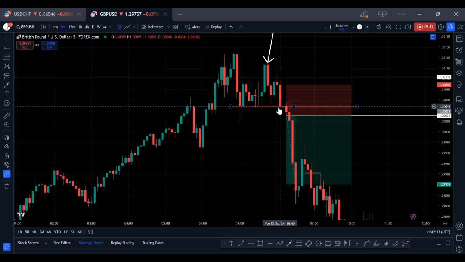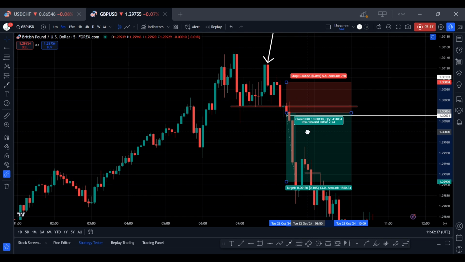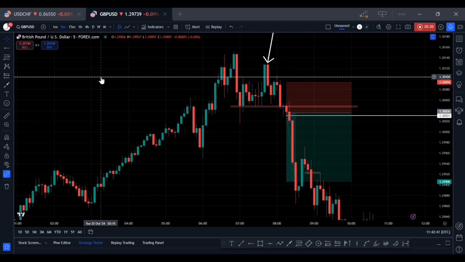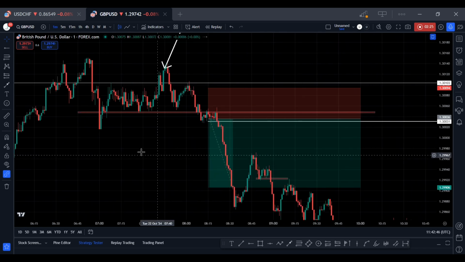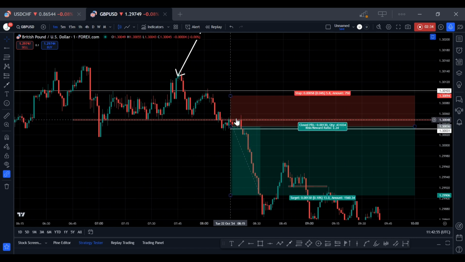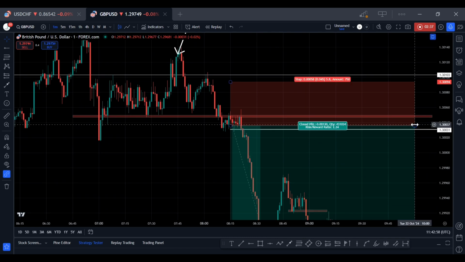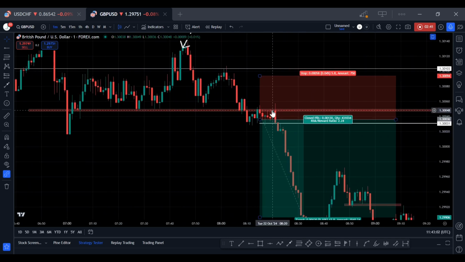I was just waiting for this to break, and when the market broke from here, I didn't enter. I would have entered just here, but I didn't enter the market. I checked on the 1 minute time frame to see if that breakout was actually legit. Now when the breakout happened, as you can see, it started pulling back little by little into this particular zone. When it got to that zone, it created another low, which is here. And when it broke this low that it created,